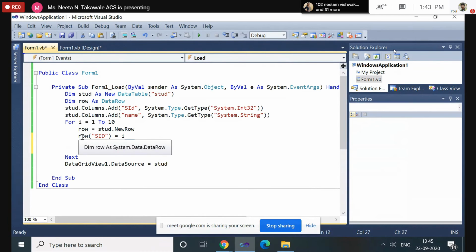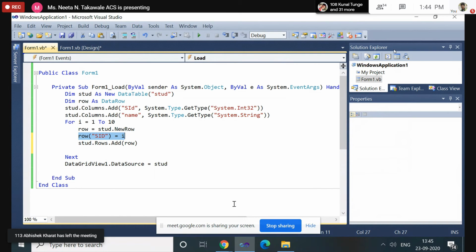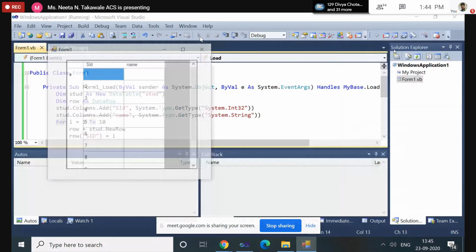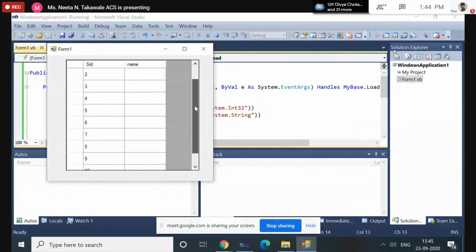Because using the row object we are specifying the 1 to 10 value. So instead of specifying that value using the add method, roll number 1 comma name, 2 comma name, like this. Here we are just defining the object name, that is the row. Now see here, roll number 1 to 10 is inserted with the help of for.